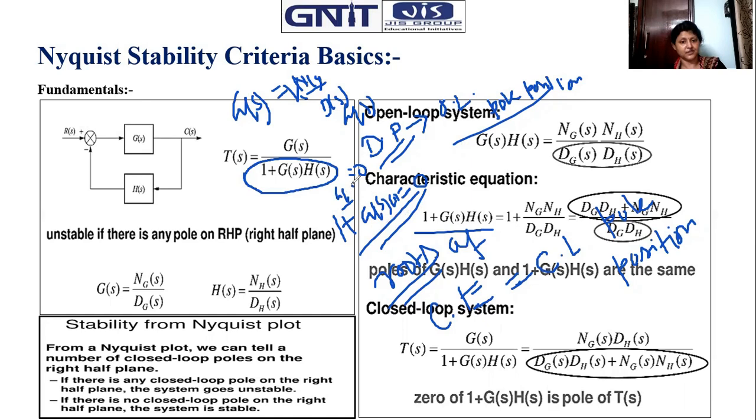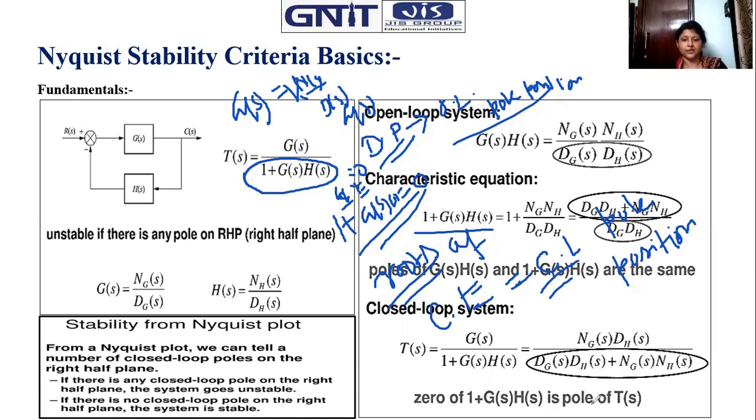Now, if we take 1 plus G(s)H(s), which is the denominator of G(s) divided by 1 plus G(s)H(s), what is the modification? 1 plus G(s)H(s) basically represents the characteristic equation. So all the roots of this characteristic equation,